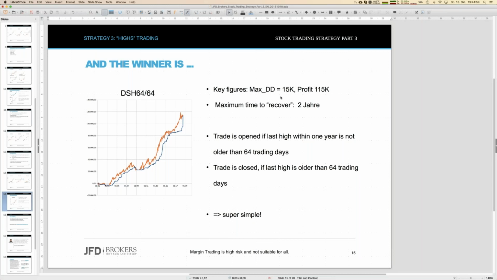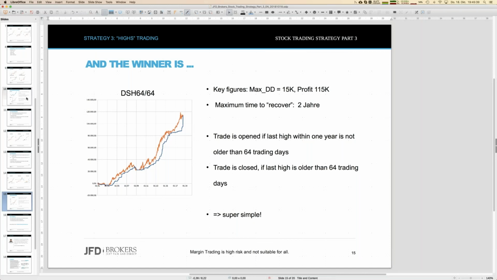And there's another figure I always look at. That's what I call the time to recover. The time to recover at the worst situation within the last 18 years is here about 2 years. And I mean the time to recover from that high to this high, or when we are back on the same level. So that is about 2 years. Okay, I know within those 2 years you would not feel good. But overall, look at all the other years, most yearly profits are positive here.